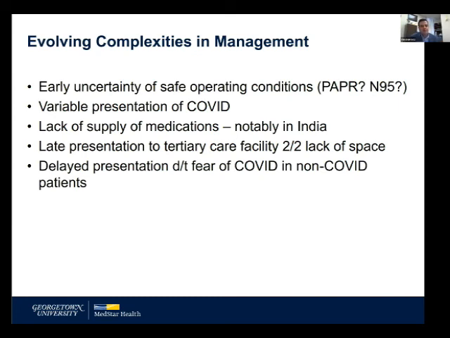When you run out of these critical medications with dramatic, overwhelming numbers, it significantly impacts your ability to treat them. Late presentations: many times we were not getting people because we didn't have room in the hospital, and so they ended up getting waitlisted until, okay, now it's really critical. We finally get them in, but at that point, a lot of times the disease was in the brain, and there wasn't a ton we could do, and our chances were just much lower.